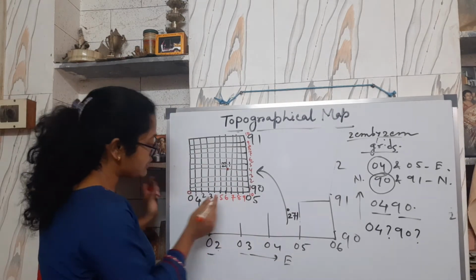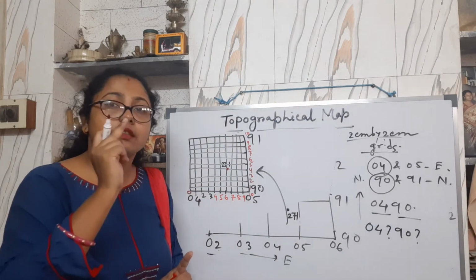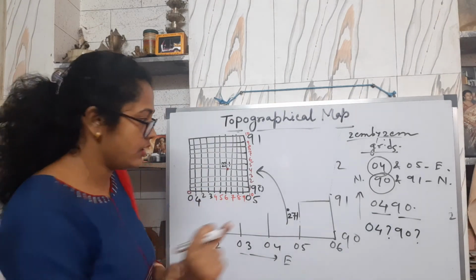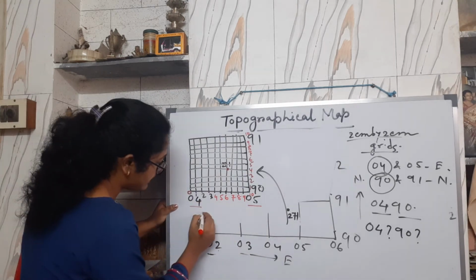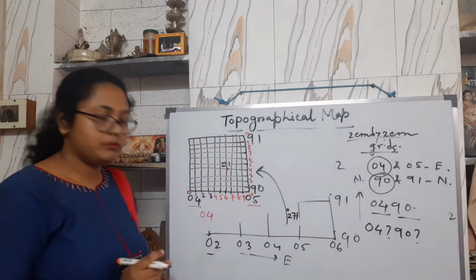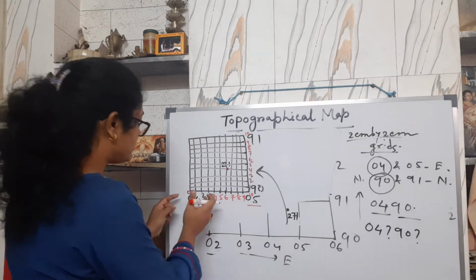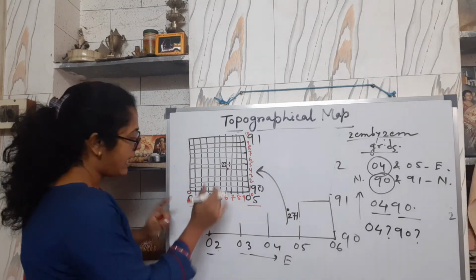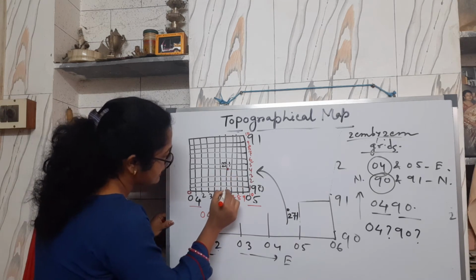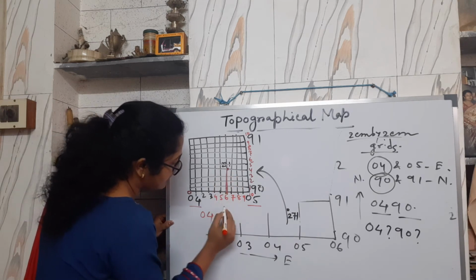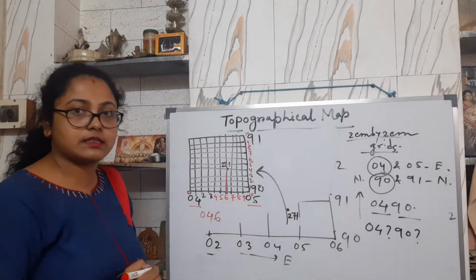Now you find out. At first you have to consider the subpoint of easting. What was the easting here? 0, 4, 0, 5. So here the easting is 0, 4, because 0, 4 is the lower value. So 0, 4, here the easting. And now the subpoint of the easting. See, this is the 6th line. The 6th line. So here it should be 6.